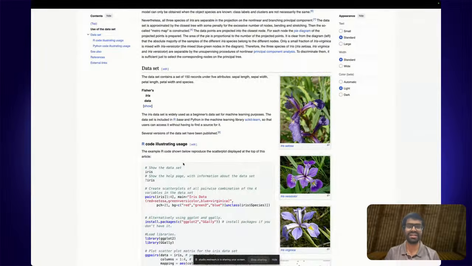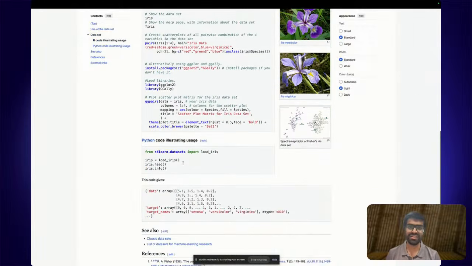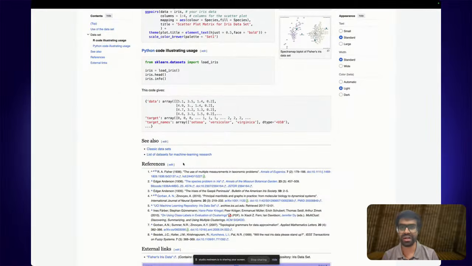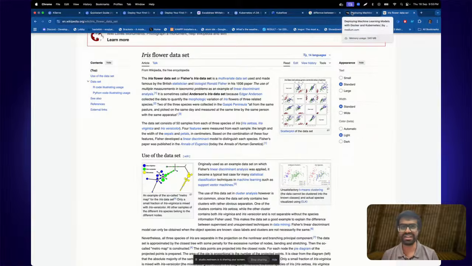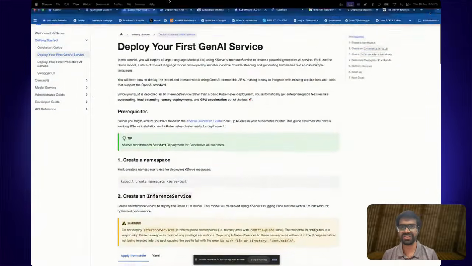So our goal is to be able to classify one of these, that for a given image, which particular class does it belong to. So running that kind of an algorithm, that's like number one. So that's the iris flower data set, and then we're going to be using that here.